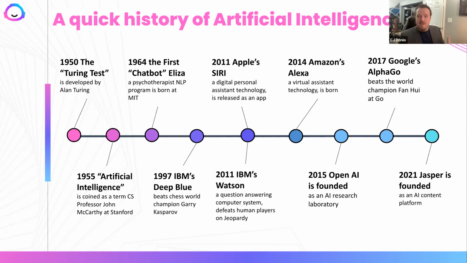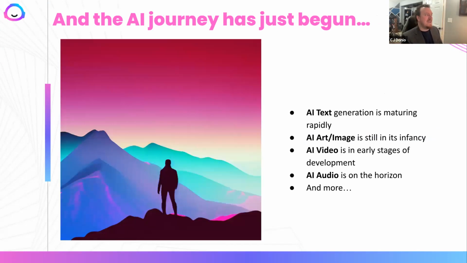I'll talk more about that, but I'm really passionate about Jasper because I really think this is a printing press moment. I think in a few years, we're going to look back on the developments of AI and be like, wow, remember when we used to do all that menial, laborious work? Now we're doing this high impact work. How cool is that? I definitely think that's on the horizon. Okay, talking about that a little bit, I just gave you a timeline through 2021. Again, it's just getting started.